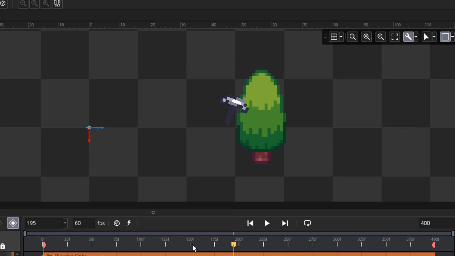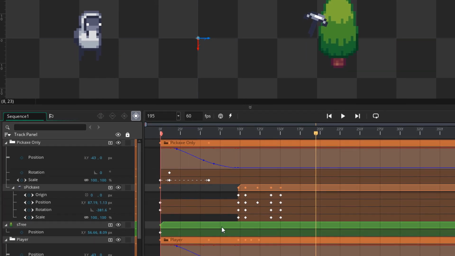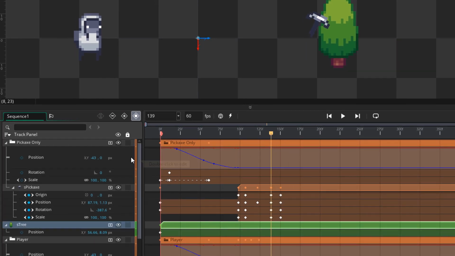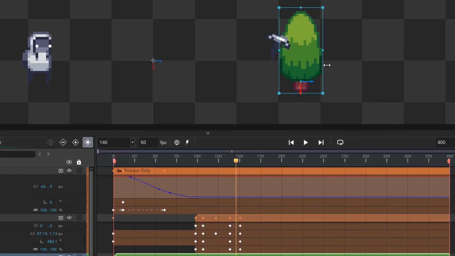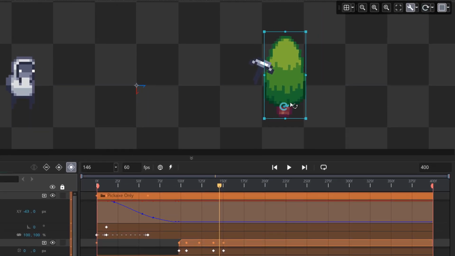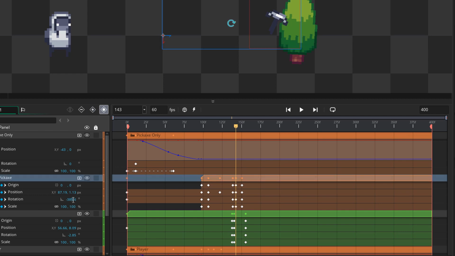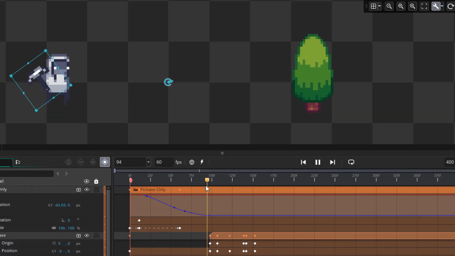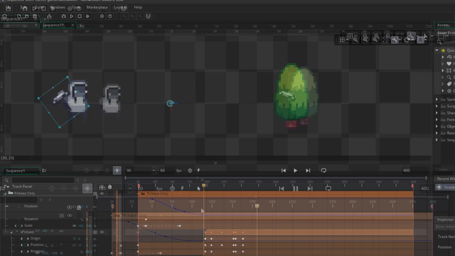Now we also want the tree to react after the pickaxe hits it, so we're gonna work on that now. I'm gonna select the tree here, then I'm gonna come to this frame and add new keyframes here. Then I'm gonna add more on this frame, and then finally another in the middle of these 2 keyframes. Now on this frame I'm simply gonna go into the canvas and here rotate the tree, so when the pickaxe hits it, it's gonna be a little tilted. Now I'll move some frames around and do some fine tuning. And now I'm gonna play the animation, and you can see that it looks a lot better now, especially compared to before.